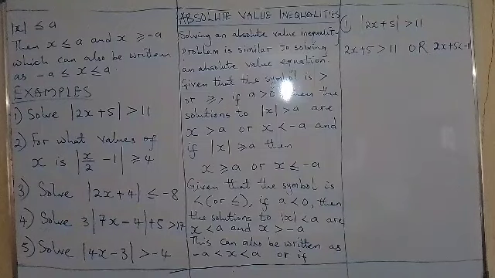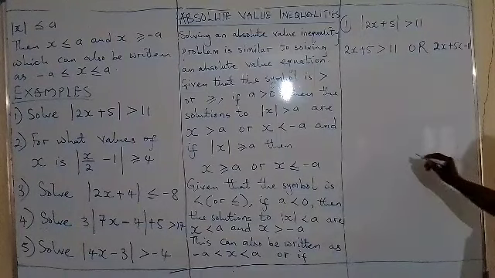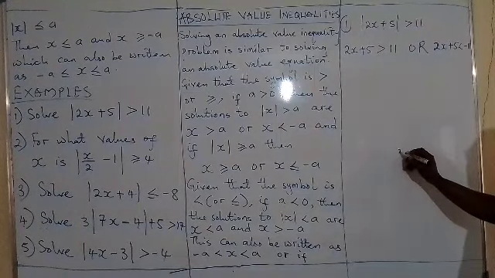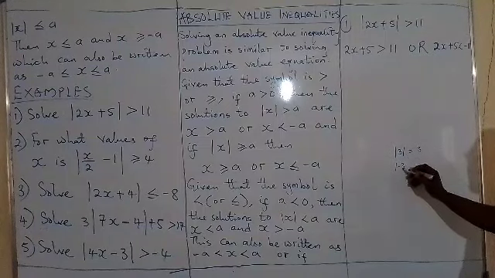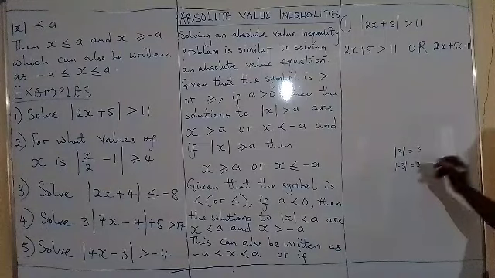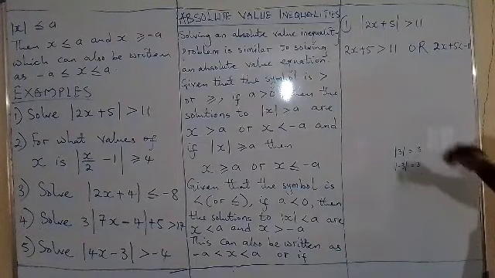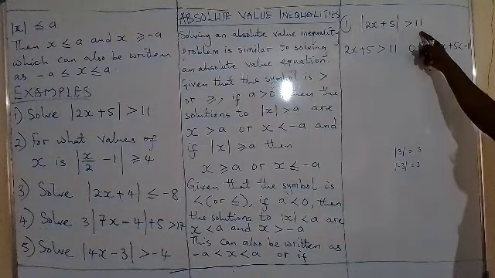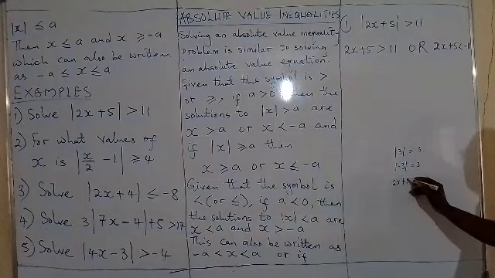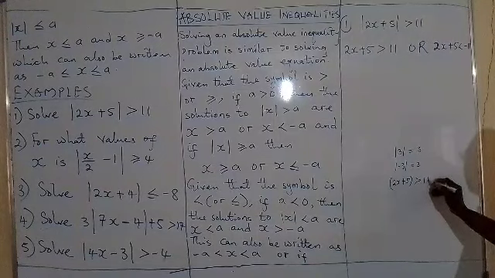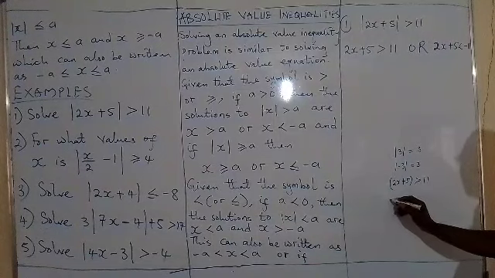You can still use this idea that the absolute value of 3 is 3. The absolute value of negative 3 is 3. So what that means is that if this is greater than 11, it means that 2x plus 5 is greater than 11. It also means that minus